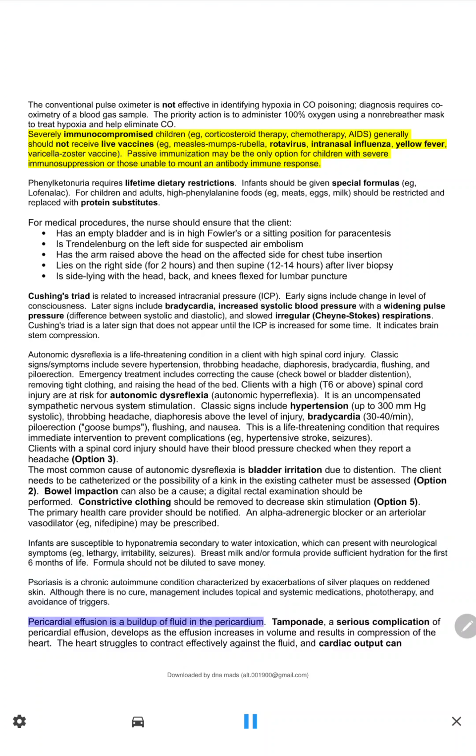Pericardial effusion is a buildup of fluid in the pericardium. Tamponade, a serious complication of pericardial effusion, develops as the effusion increases in volume and results in compression of the heart. The heart struggles to contract effectively against the fluid, and cardiac output can